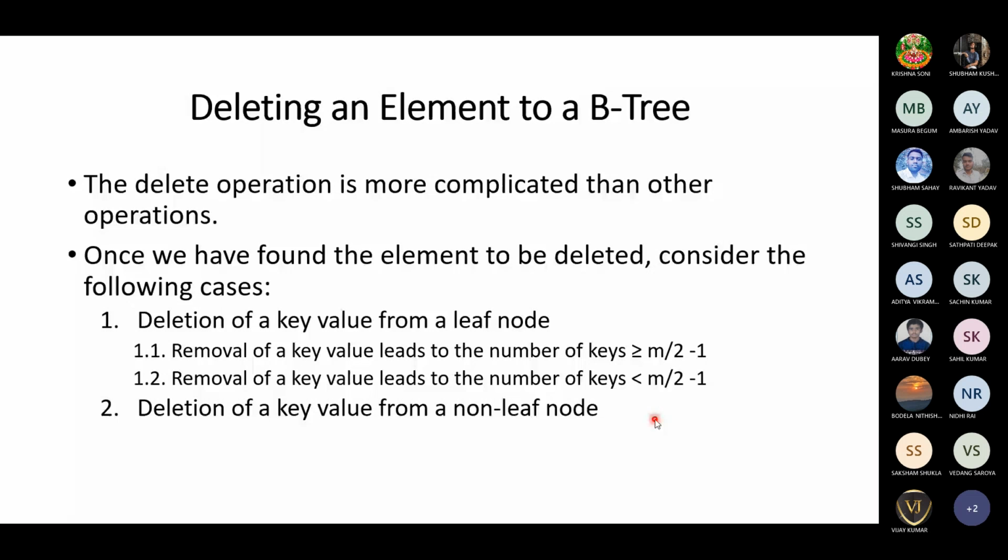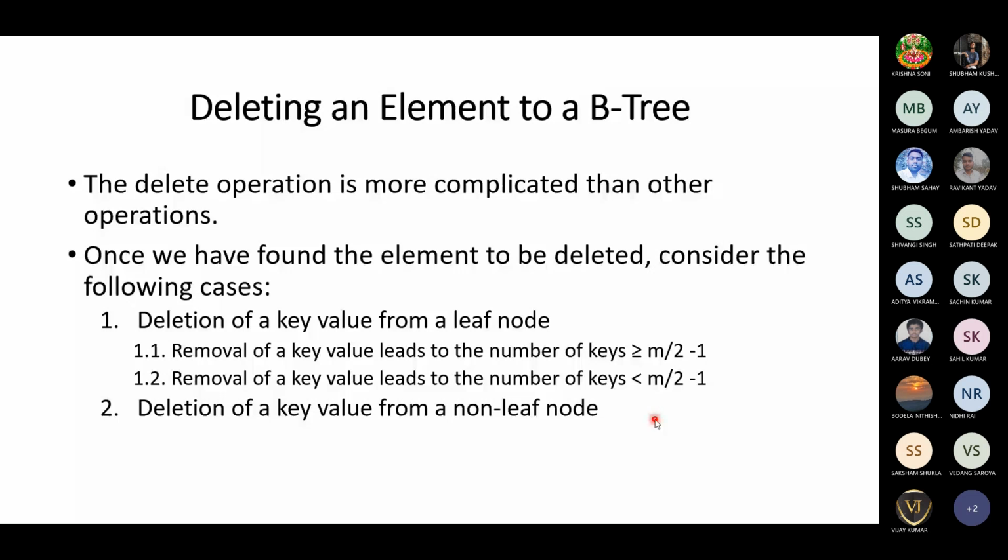If you have studied the slides on binary search tree, there also the deletion is a little bit complicated. Insertion and searching are very easy, but deleting is a little bit difficult because of the properties we are holding: the element should always be less than the root on the left side, and greater than the root element on the right side. Those properties may get disturbed when you delete an element. So in order to restore the original properties of a binary search tree, we have to consider a few cases.